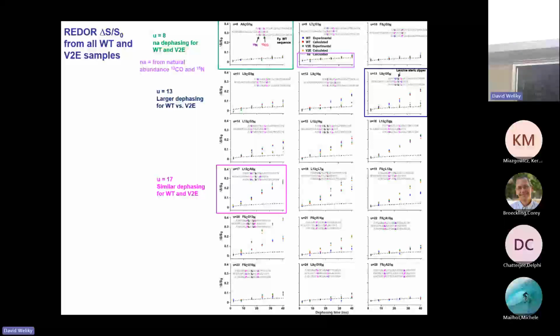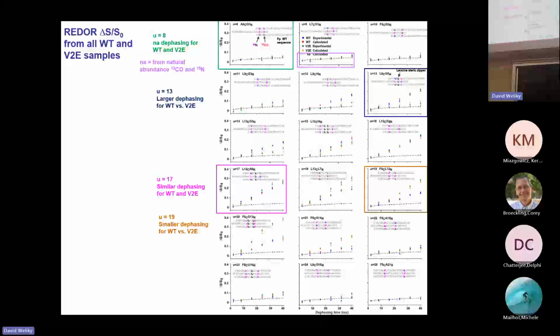For U equals 17, you can see both the B2E here in green and the wild type in magenta. So they're both well above the natural abundance dotted line. So there is a significant population of T equals 17 or close to T equals 17 registries for both wild type and B2E. And as expected from our observation of the spectra, for U equals 19, you see now